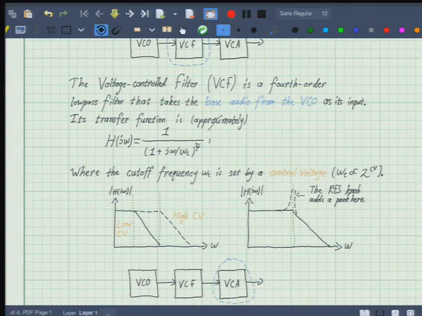So I guess we didn't talk about decibels or dB in 16B, which is a shame, I suppose, but basically it's analogous to the logarithmic scale. So every 20 dB is going to be an order of magnitude decrease in the strength of the signal. So what that means for this fourth order filter is that every octave, every time the frequency is doubled, the transfer function is going to go down by an order of magnitude, or a little bit more, once you get past the cutoff frequency. And we'll see why it has to be so strong later on.